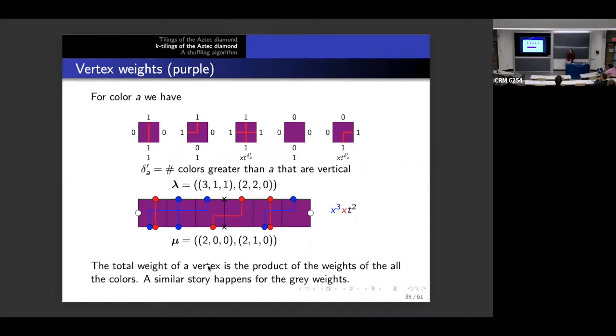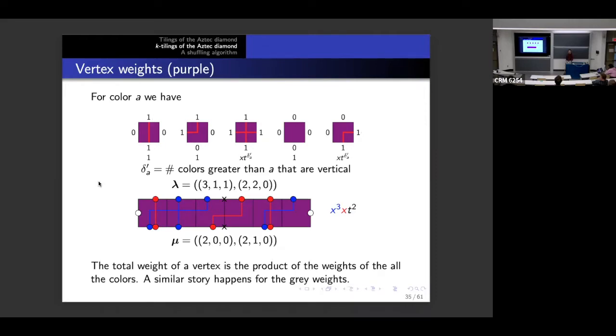Okay, so for example, the purple weights we're going to use. Now they're exact. So let's look at a particular color, say color A. There are still only 5 local allowed path configurations for this color. And the weights are the same as before, except now whenever you see an X, you're also going to get a T. So it'll be X times T to some power, where this power depends on the colors greater than A. It's going to be the number of colors greater than A